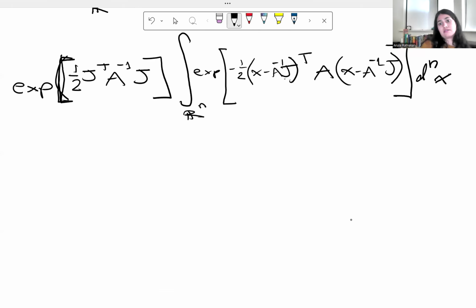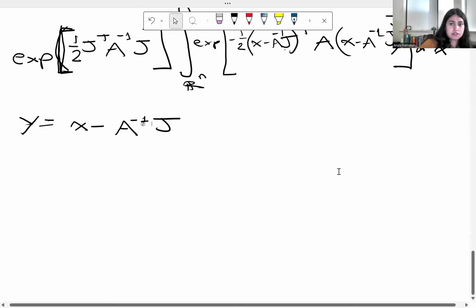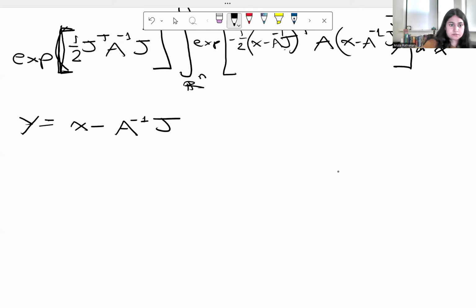And something cool about this is that we can do a very clever change of variables here, where we now set y equal to x minus a j. And when we do this, something incredible happens where this integral now becomes